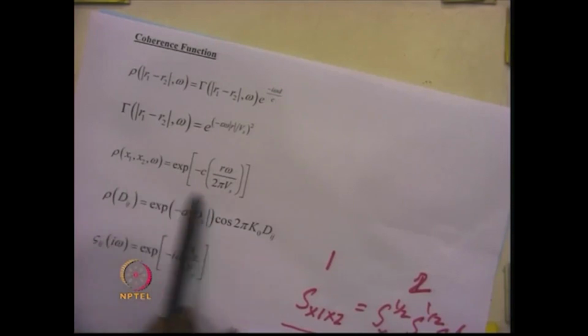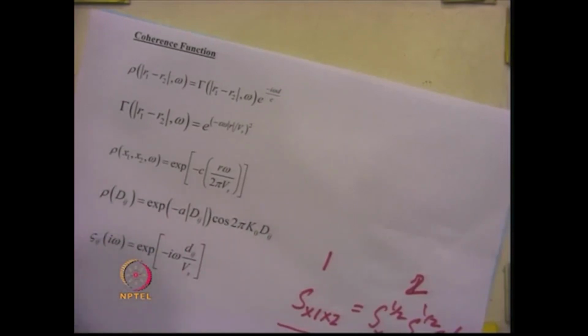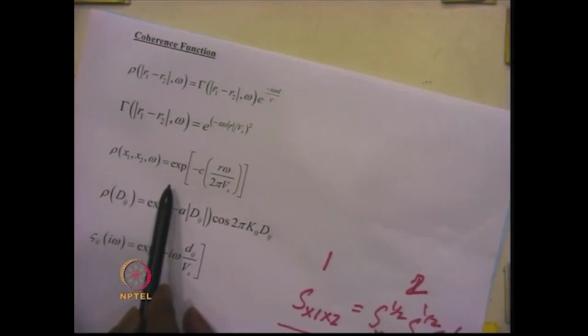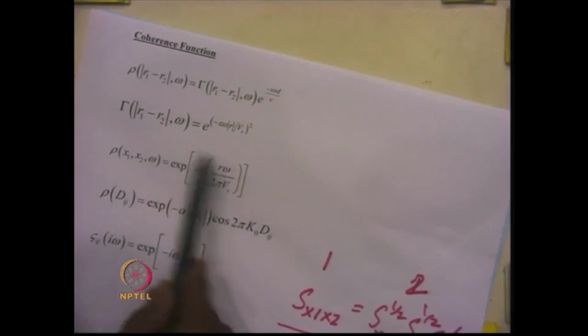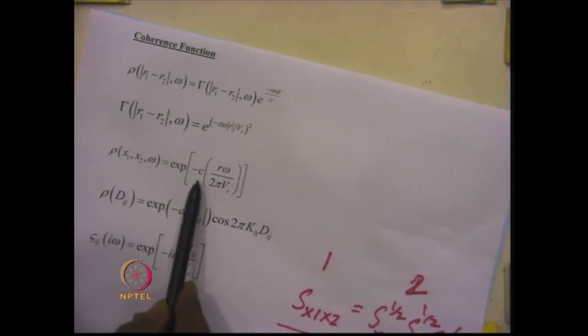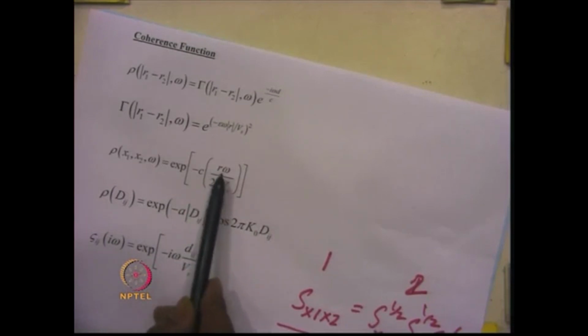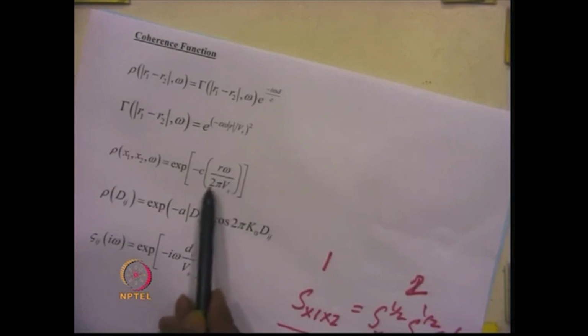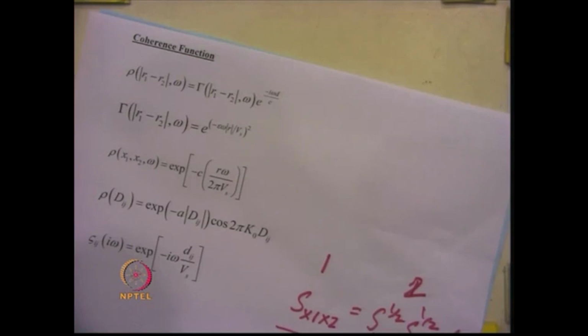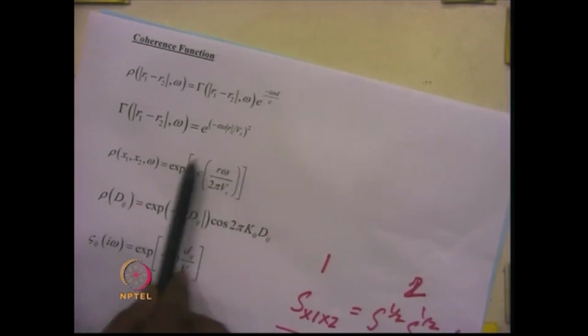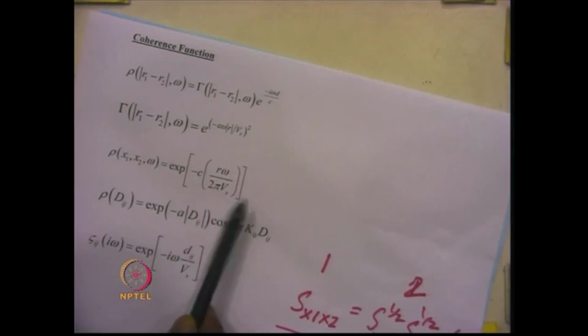A very popular coherence function which is used in many cases is given by this expression. So, this is again an exponentially decaying function with a constant c specified. R is the distance between the 2 points, omega is the frequency and v is the shear wave velocity of the earthquake. So, this particular equation is a real quantity, it does not have any imaginary component,